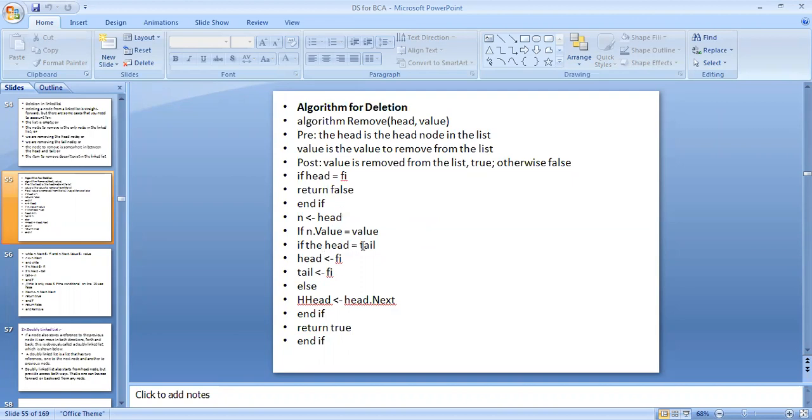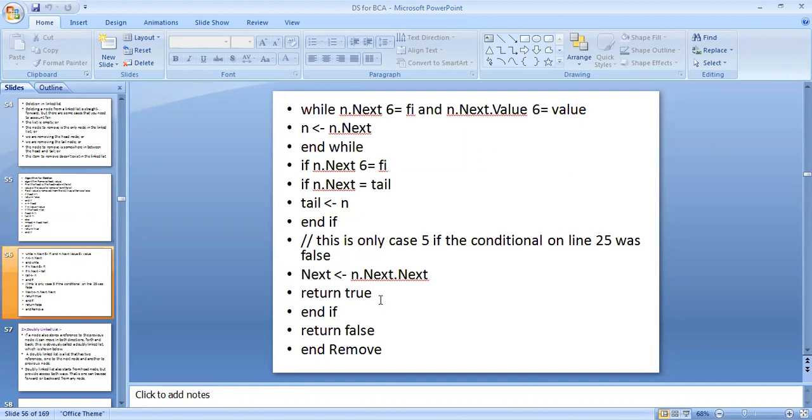If n dot value is equal to value, if the head is equal to tail, then head tends to null and tail tends to null. So else condition head tends to head dot next. So end if and return true and end if structure. This is the algorithm for deletion.